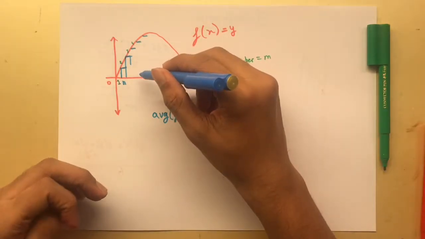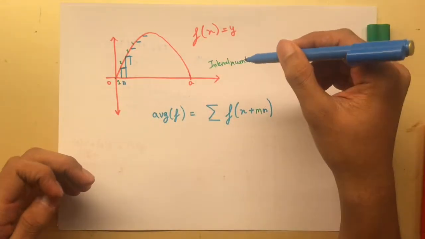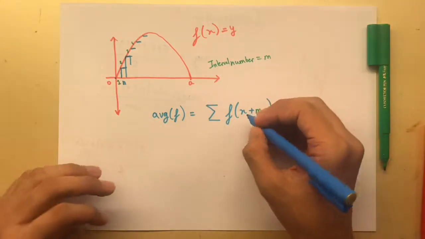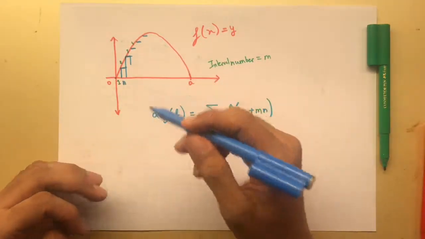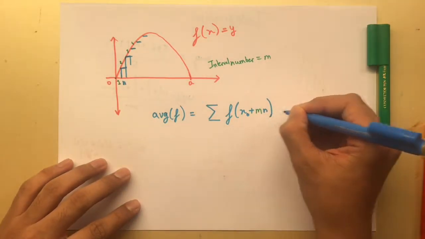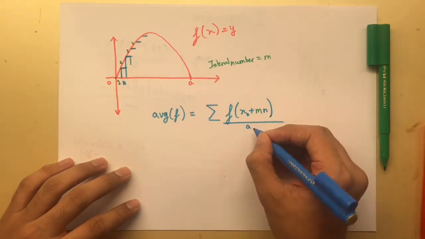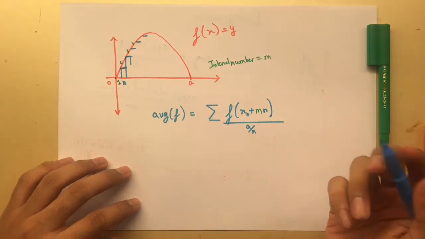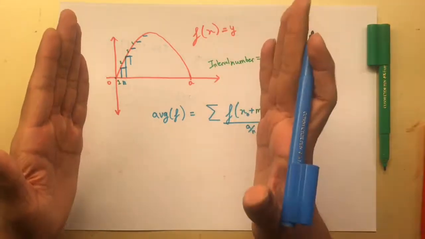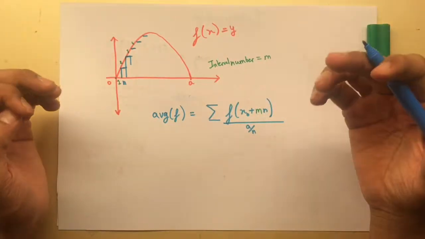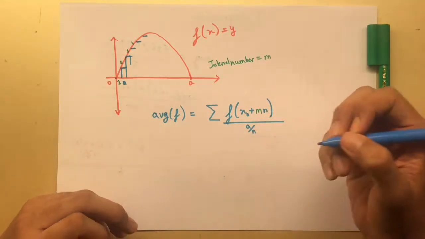So for the mth interval, we would need to add this x value that starts at 0, let's say, by that value. So let this be x at 0, which is our starting point, and then we keep adding the multiples of the interval that we've chosen, and then we divide this by the number of intervals. So the number of intervals should be a over n, correct? Because a is the length, technically a minus 0, but since we're starting at 0, the length of the entire interval that we want the average value of, divided by n, which is the interval length,